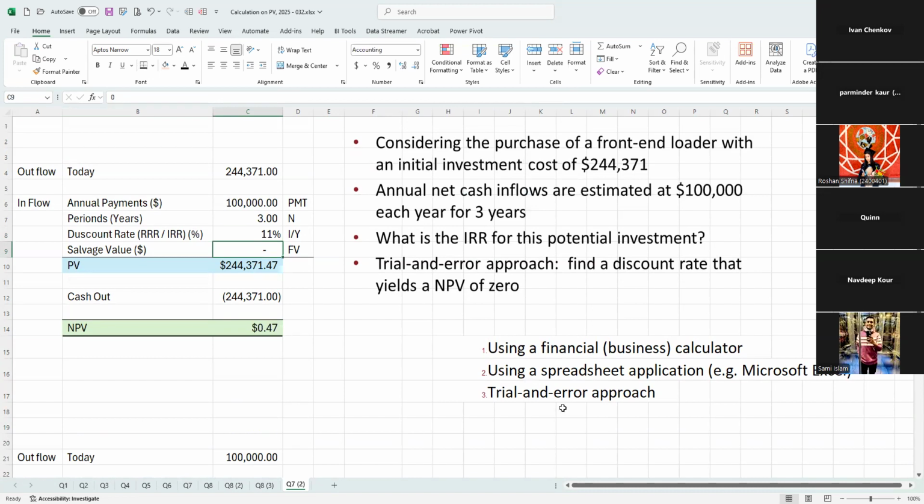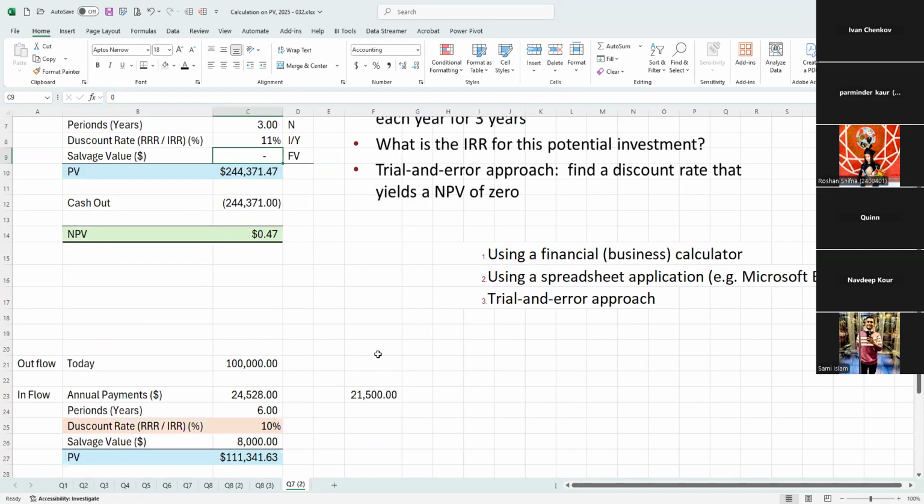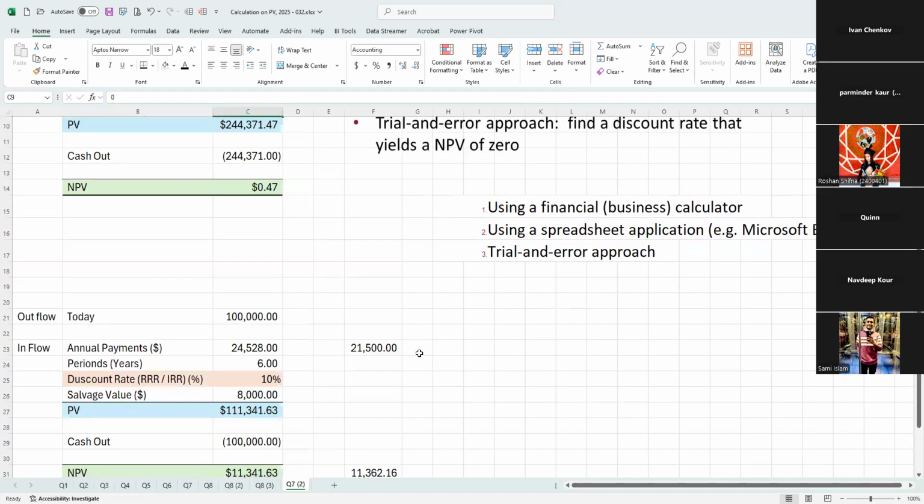This is using the 3rd method. Can you see it? Yes, sir. Now, second approach, to use the spreadsheet application or